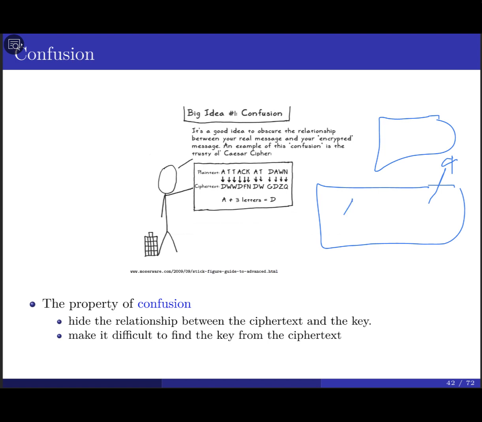For example, you're going to find X, Y, Z, and so on, but you can't tell what's X, Y, Z. Of course, if you try to analyze this one, it's a different story. But for the confusion, this is the goal here: by looking only at the ciphertext, I give you no clue about the plaintext.